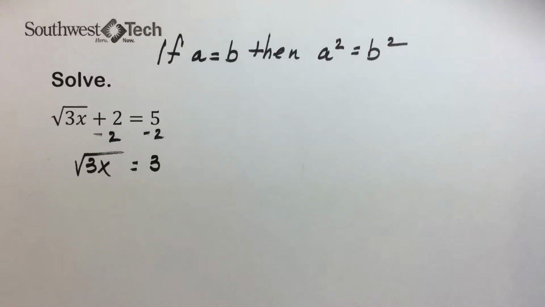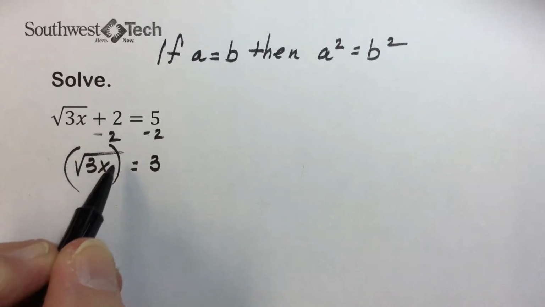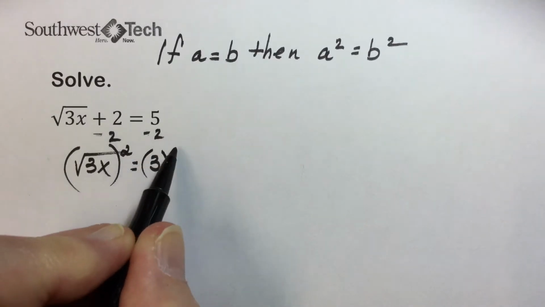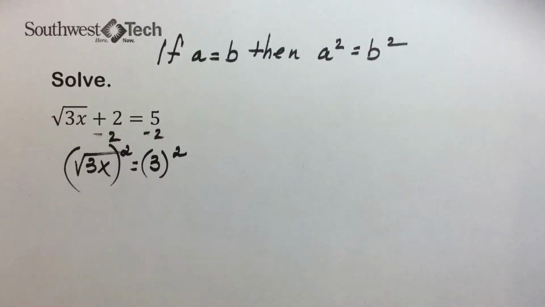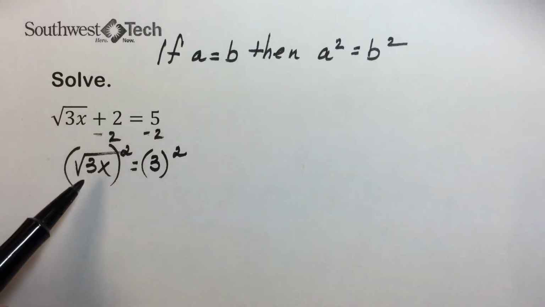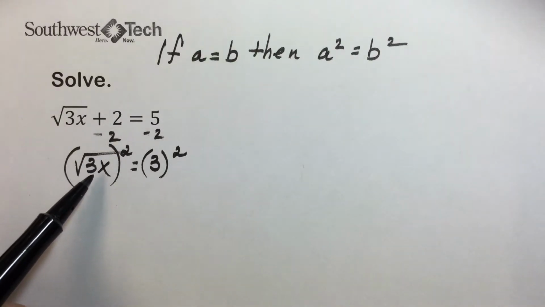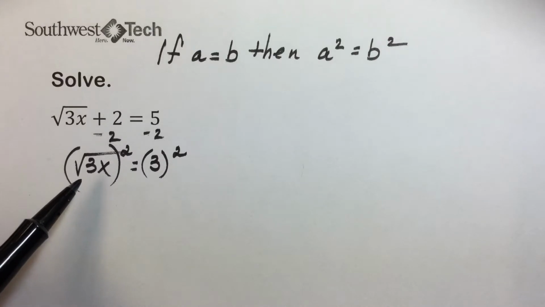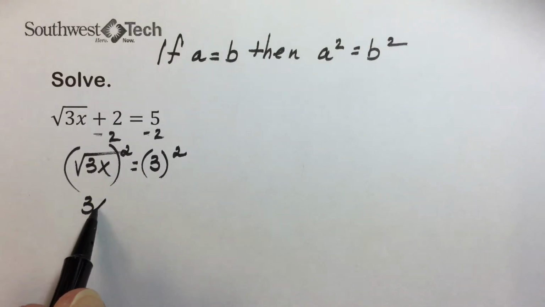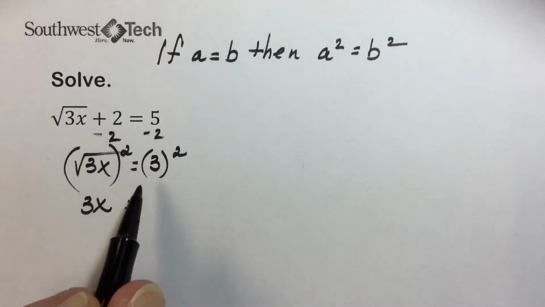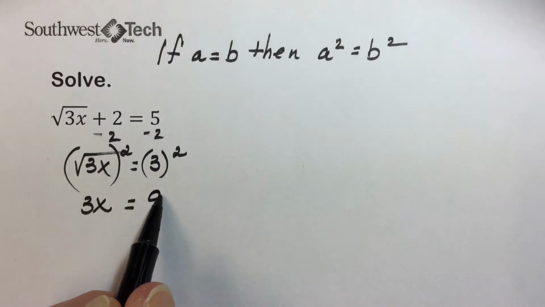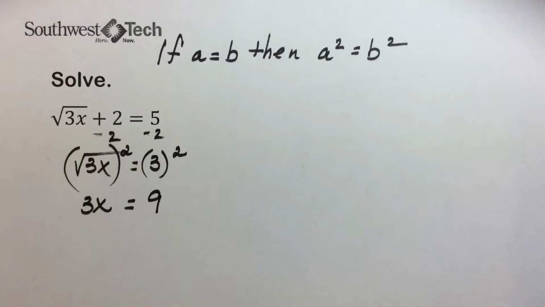Now we're ready to apply the principle of squaring, which says to square both sides. Anytime you square a radical, in other words, we'll have the square root of the quantity 3x times 3x, we have a perfect square, which is that radicand of 3x. 3 squared on the right is 9. We have eliminated the radical, and the last thing to do is to divide both sides by 3